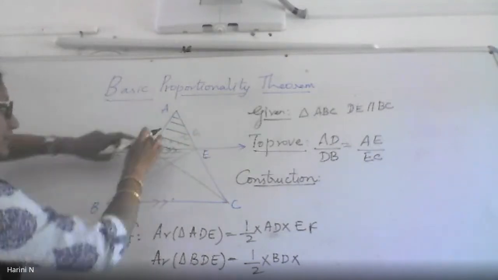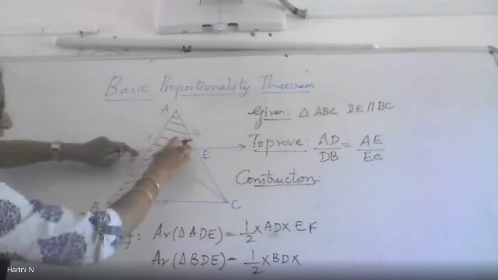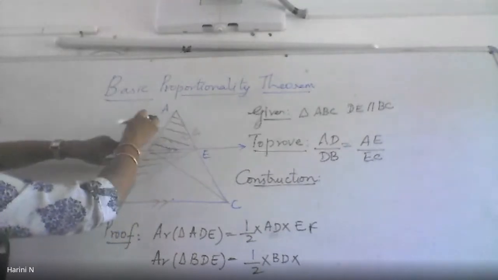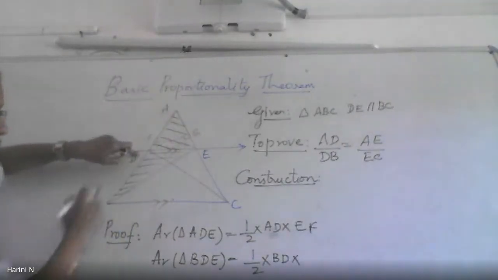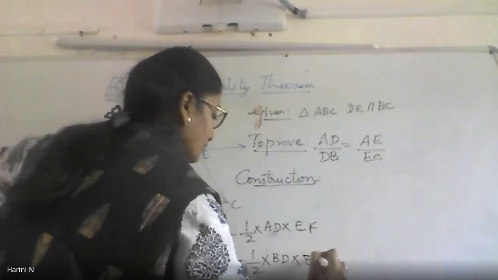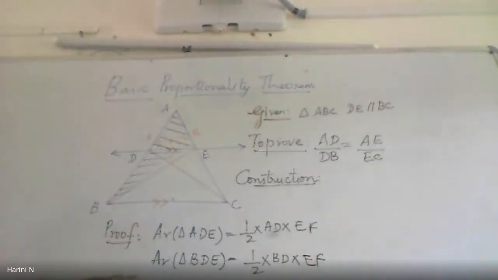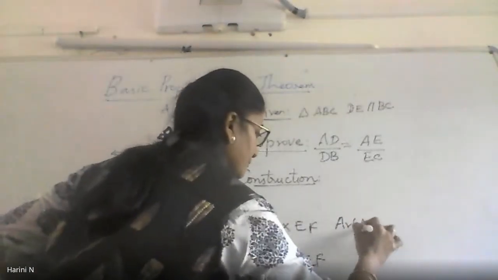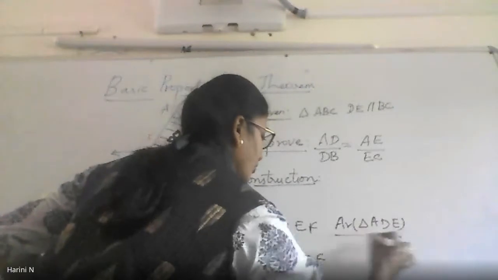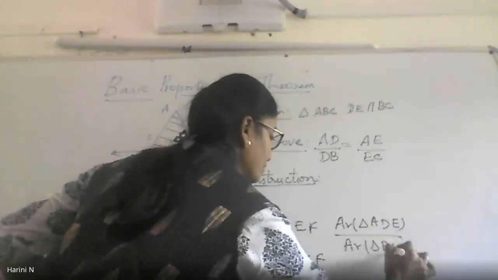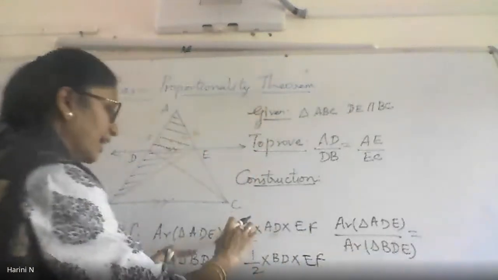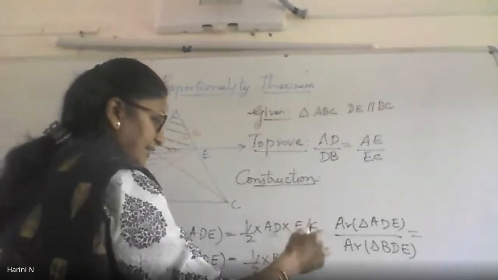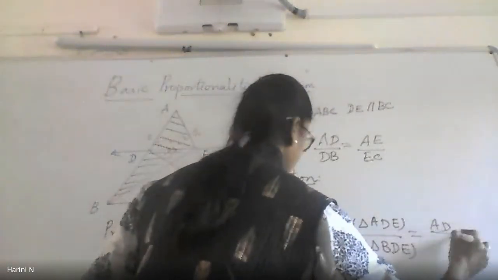Because this is the perpendicular distance between the vertex E and the opposite side. You may wonder why the perpendicular is outside the given triangle. My triangle is over here and she is taking the perpendicular there. If it is an obtuse triangle, the perpendicular will always be outside the triangle. So EF is still going to remain the height of the triangle. So if I divide these two, that is the area of triangle ADE with BDE, what do you think I'll have? That means I'm taking the ratio of these two areas. It will be half AD into EF divided by half BD into EF. So the half will get cancelled, the EF will go. I have AD by BD.